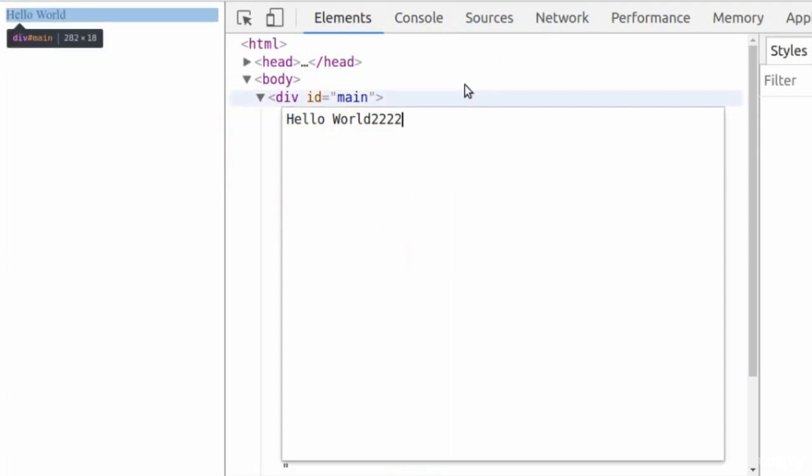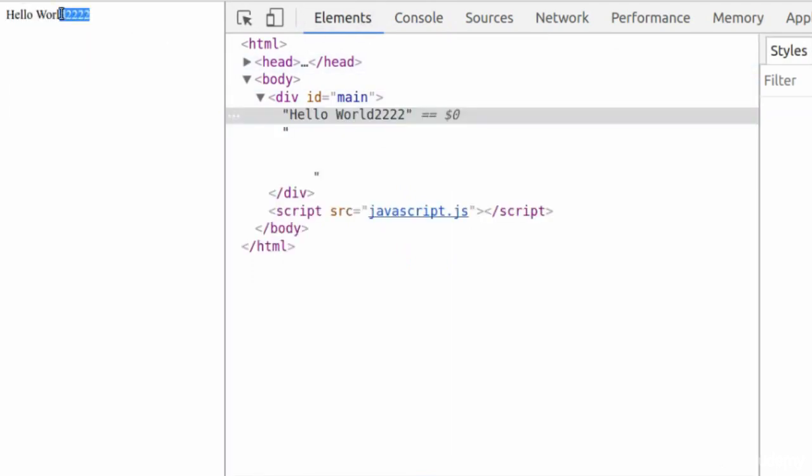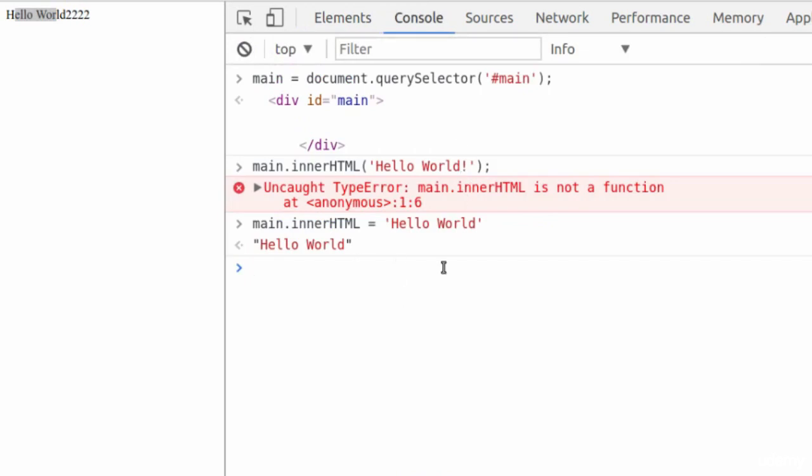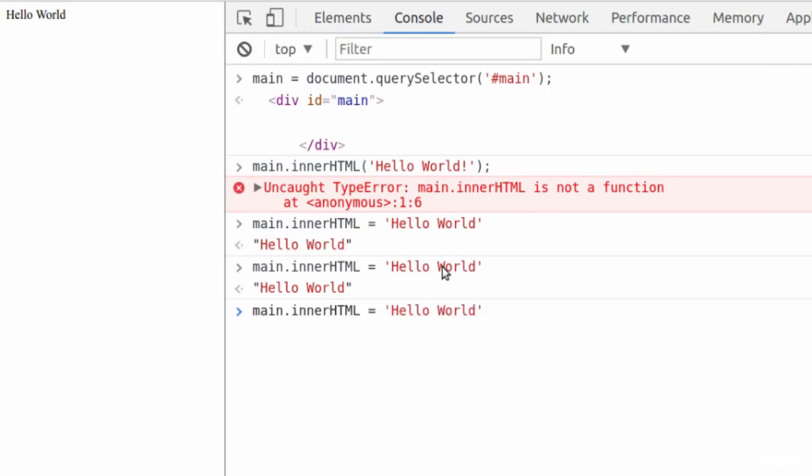So if we wanted to, we could go in here, we could edit this, hello world 2222, shows up in there, console. We could run the same thing again, and it's just going to overwrite it, just like that. Now, if we wanted to add more,